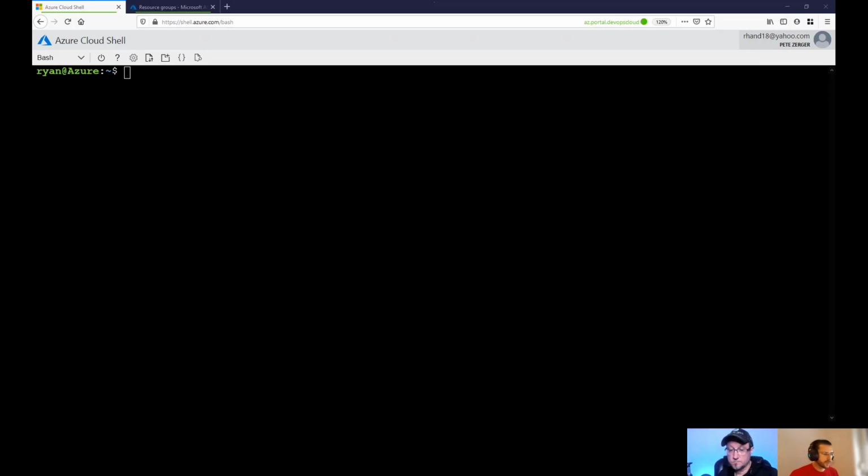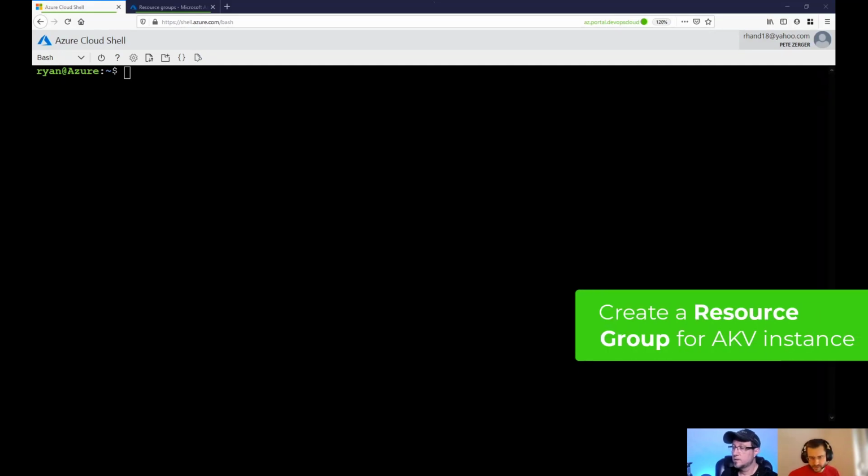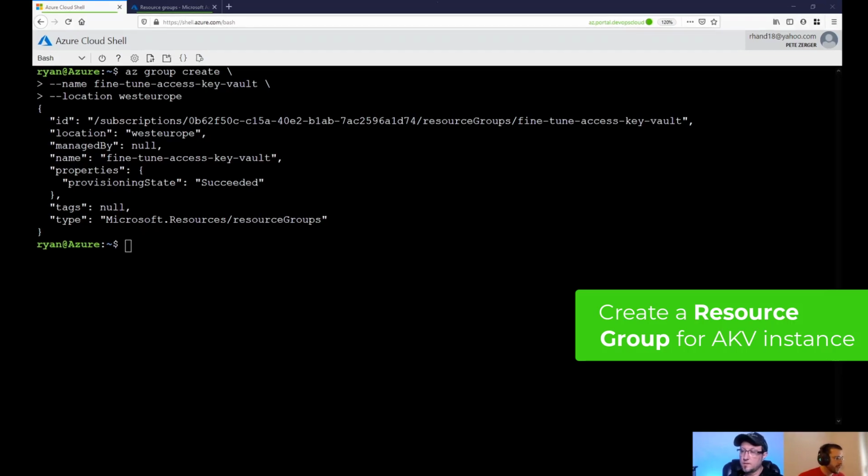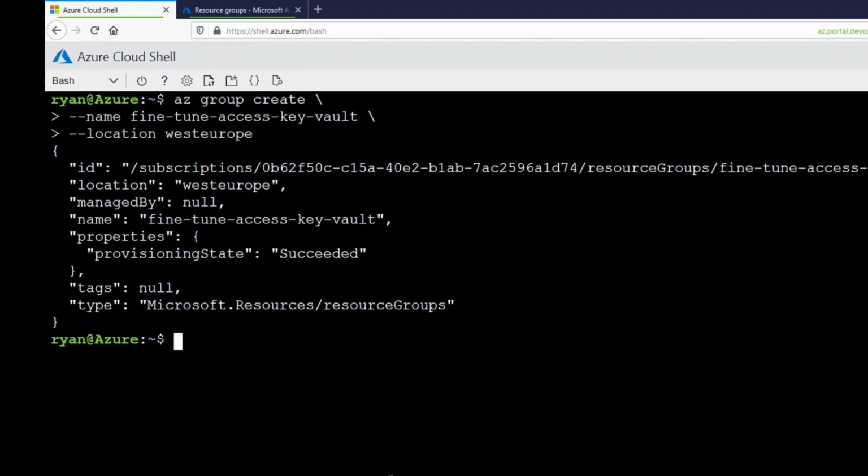All right. So today we're going to start by deploying a resource group and a new Azure Key Vault, and then we're going to look into adding secrets and then securing access to said Key Vault. So to start, we need to create a resource group. And of course, you can use Azure PowerShell if you'd like. You understand at this point that we are definitely partial to Azure CLI. As such, you see in my Cloud Shell window right now, creating a new resource group called Fine Tune Access Key Vault. And then I'm going to generate a random alphanumeric